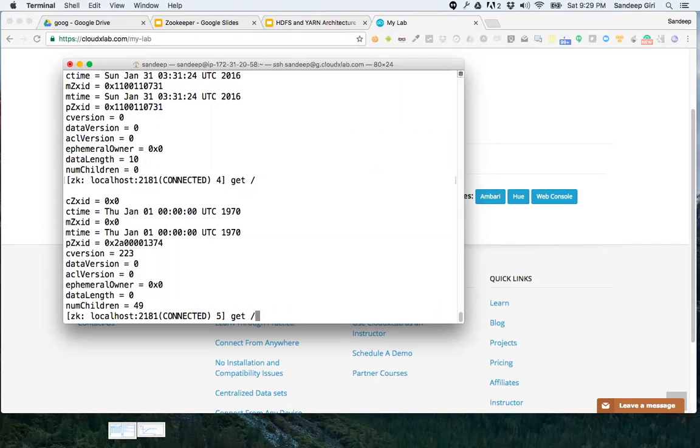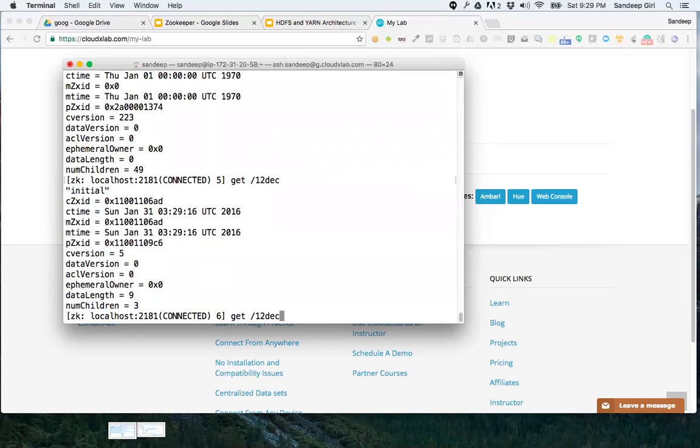Here, 12 December is one Z node and student is one Z node. Every node can contain another node and every node has data. We use the get command to get the data out of any node, whether it's slash or 12 December. You can see initial is the data.